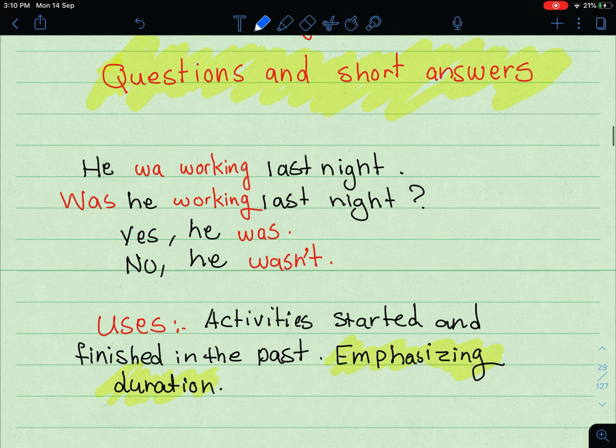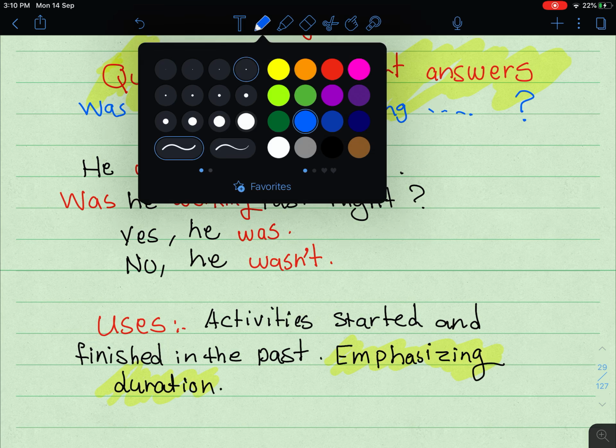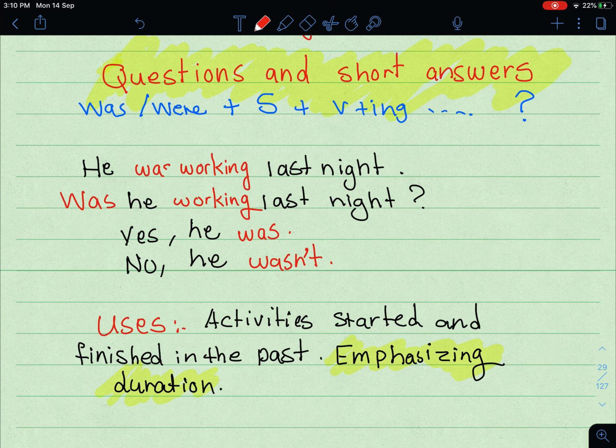With the questions and the short answer, it's very easy. You are just gonna start with was or were depending on the subject. يعتمد على إيش الفاعل plus the verb plus ing and then the continuation. Okay? So here, it has to be, he was working last night. Of course, I'm just gonna change the order. بغير الترتيب. It will be was he working and then you continue